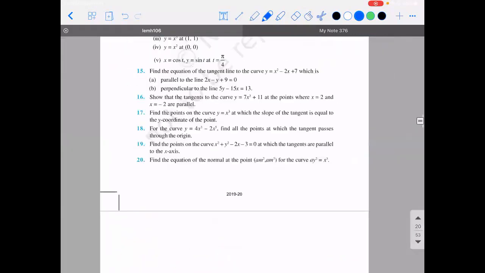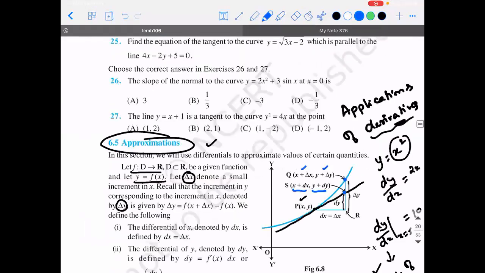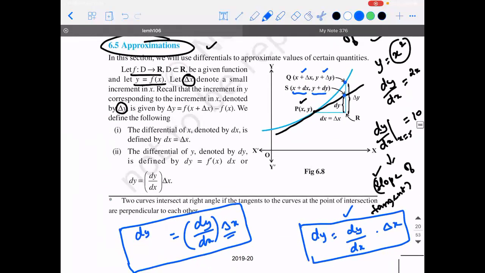One minute, I have to explain something from here. Okay, let me explain the theory itself. See, there is a point P (x, y) at which there is a tangent drawn. Did you guys understand this? Right. So I'm taking a point R here, and there is a point S here, and there is a point Q here. So there are four points taken.